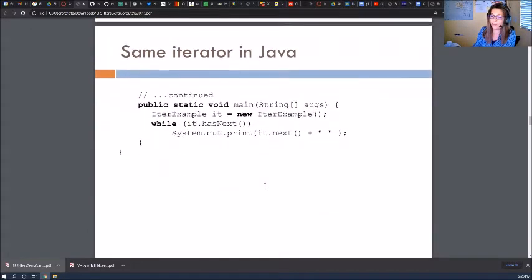This is the part that you are probably familiar with if you use iterators in Java or C# or whatever. In this case, you instantiate one object of that class, and then you go in a loop: while it has next, you call next. I'm sure those of you who've done Java have probably done stuff like this.